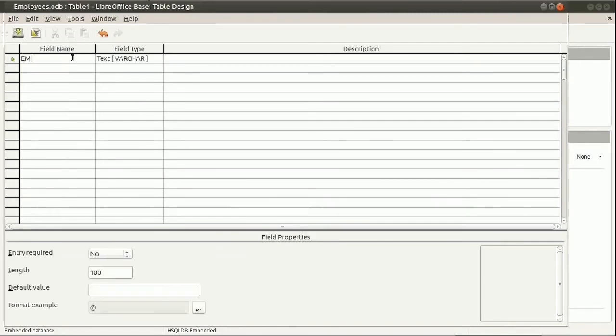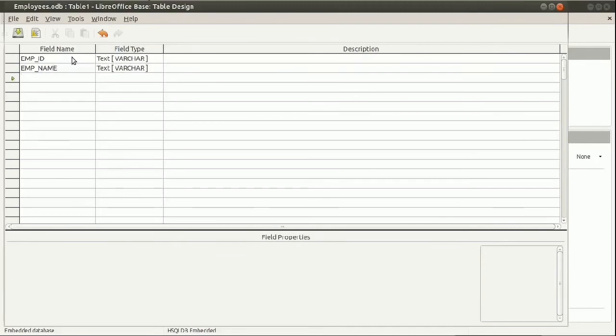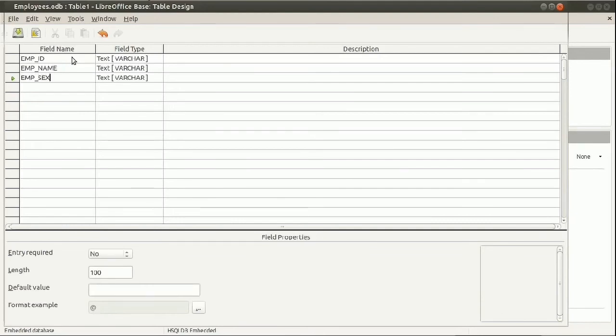Now I am going to create a table employee having details employee ID, employee name, employee sex and employee basic pay,